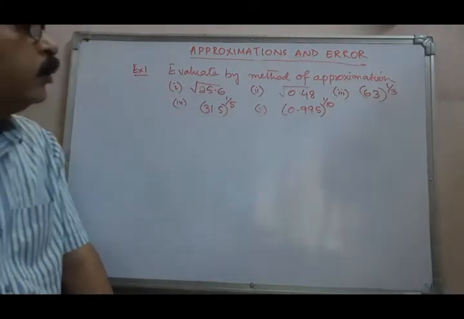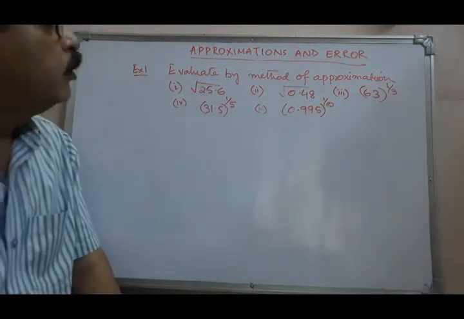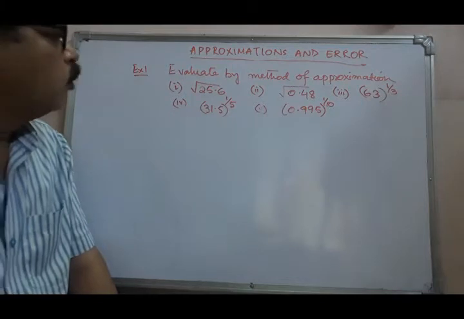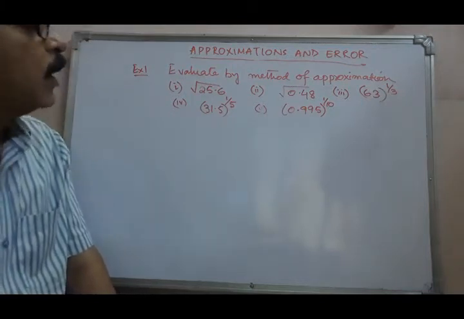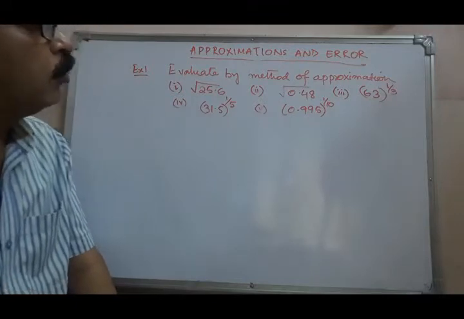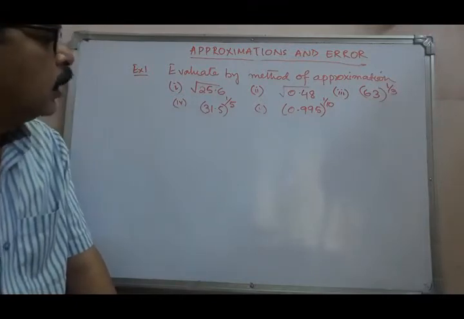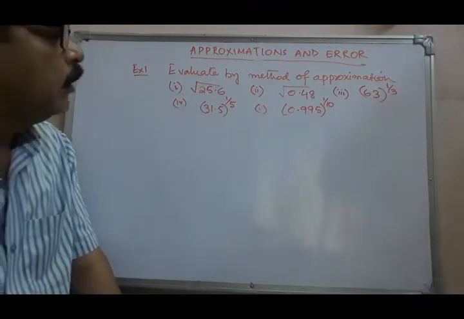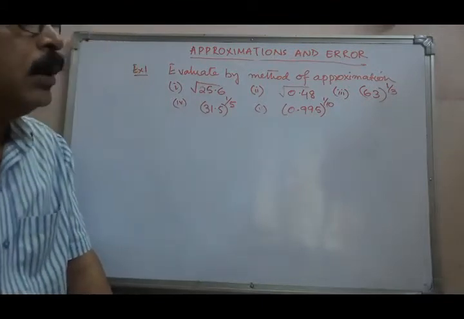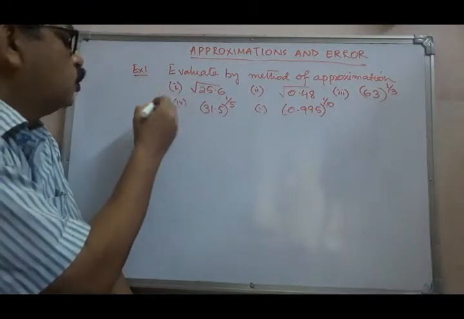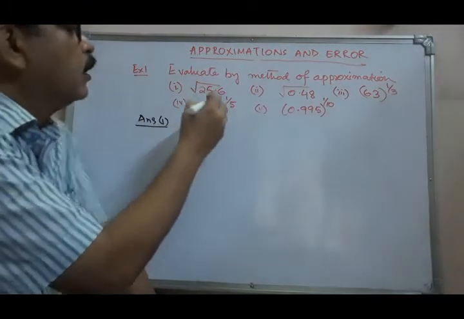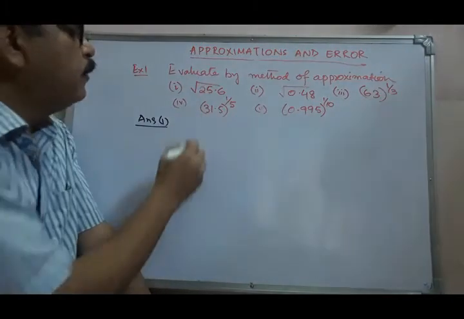Example number 1, we have given so many parts. Evaluate by the method of approximation. Part 1: root over 25.6. Part 2: root over 0.48. Part 3: 63 to the power 1 by 3. Part 4: 31.5 whole to the power 1 by 5. And part 5: 0.995 whole to the power 1 by 10. So, answer 1: root over